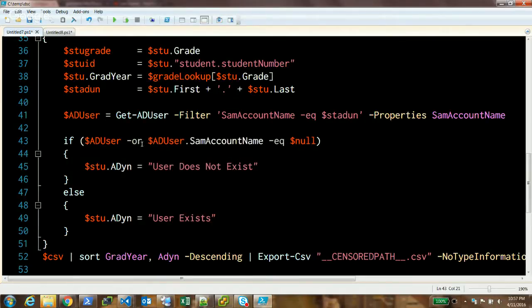Dash or, yeah, I'm not sure which way I like better for this one. Actually, what I like to do is actually reverse these. It's weird nuance, sorry. And then